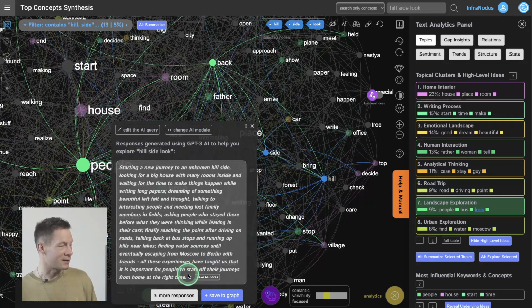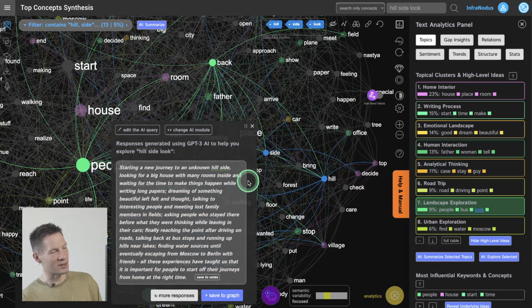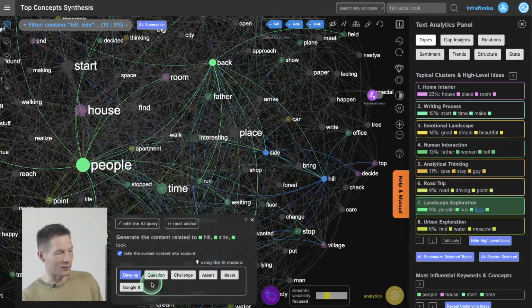It's basically a very interesting, kind of one-sided summary of some of the dreams, because we only selected the cluster, but it's very interesting. You can also just copy it for inspiration. Maybe you're going to have a dream like that, which means you will have a dream that will reiterate some pattern that you already had. But what you can also do is to switch off this, take the current context into account,